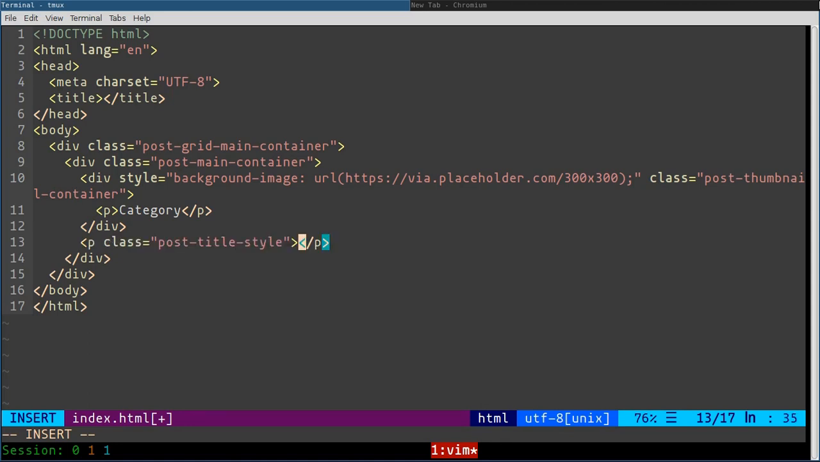Here I'll write "post title goes here", and I'll also need another paragraph for the text that will display post date and category name again. This paragraph will have a class name of post category style,